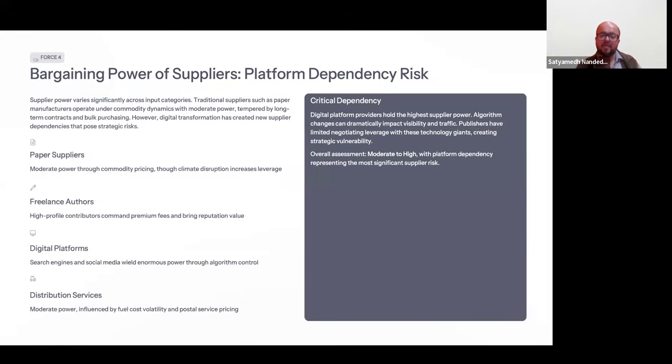Now, bargaining power of suppliers, there is platform dependency risk. Supplier power varies significantly across input categories. Traditional suppliers, such as paper manufacturers, operate under commodity dynamics with moderate power. But see, when it comes to digital transformation, when your magazines are being sold in the digital form as well, the providers of those digital platforms, who see,